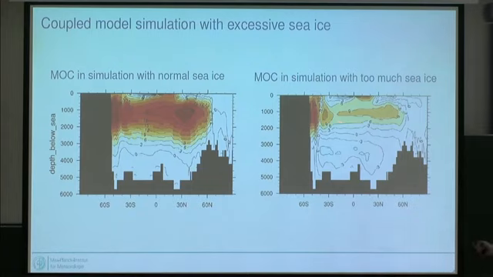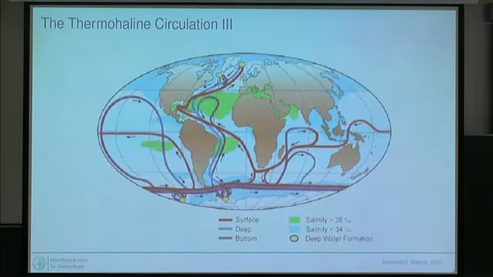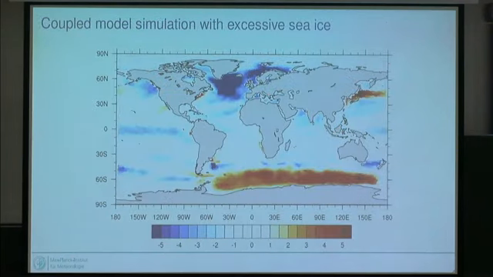So this is after 400 years of simulation. We didn't have more time to run any further. But it gives you some impression of what we can achieve by having way too much sea ice in our model. And you also see that in our temperature fields, the North Atlantic becomes much, much colder in those simulations, in part, of course, because we have sea ice there, but also in part further down here because we don't transport the heat of the North Atlantic current into those regions here. You will also notice that something happens down here in the Antarctic.